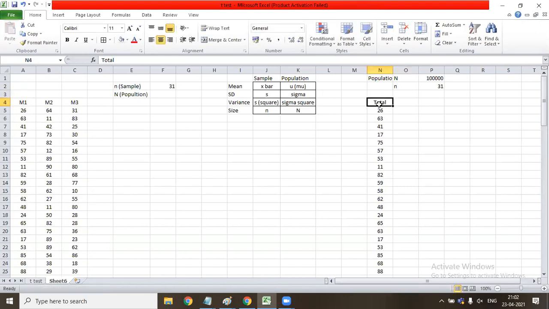After that, suppose we found the variations of M1, M2 and M3 are 3, 4 and 3, and here the combined variation is 4. So whether this variation of 4 is sufficiently large as compared to 3, 4 and 3 or not. If it is not sufficiently large and is almost equal, then it will say that the means of all three samples are the same, else it will say they are not.